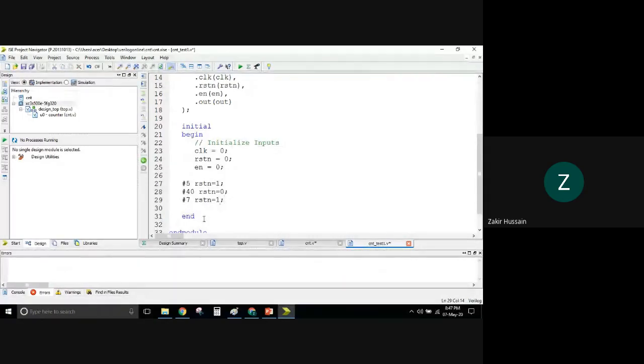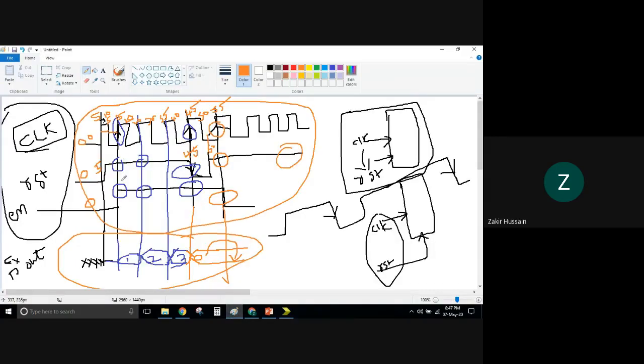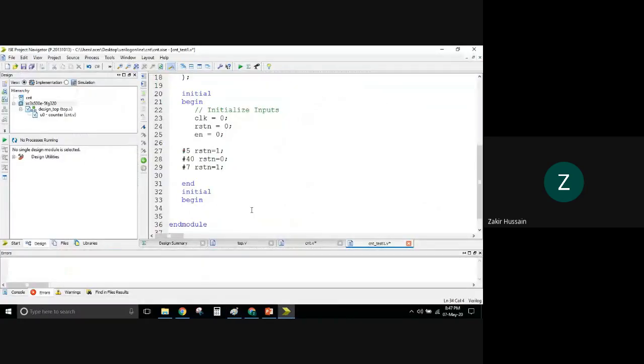Now I'm going to write one more initial. Initial is a procedural construct. And then I put a begin, and in that begin I take this enable. This enable is at 15, right? At 15, I straight put here hash 15, enable equal to 1, and semicolon.